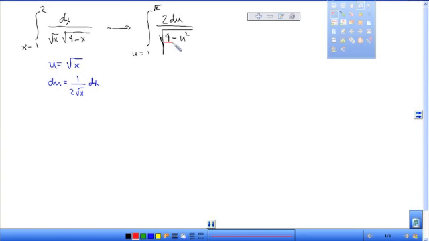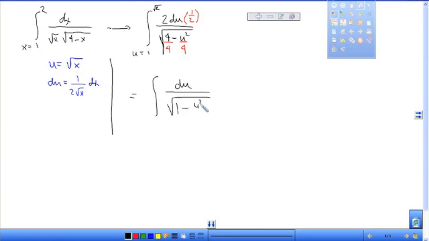So the first thing I do is I'm going to divide everything in the denominator by that 4, which is technically under the square root sign. So to balance this out, I'm going to need to multiply the top by 1/2. Again, that's because the 4 is technically under the square root sign. What that's going to give me now is the definite integral of du over the square root of 1 minus u squared over 4. And don't forget about my bounds here. My bounds are still going to be u bounds, and they're going to go from 1 to the square root